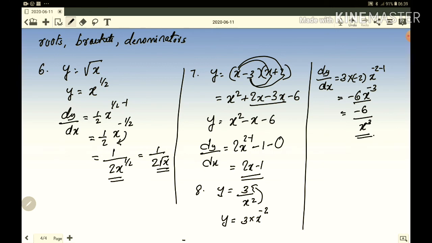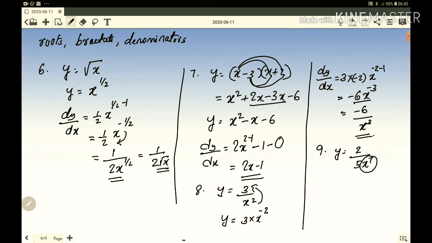Let me do one more example with a denominator. That is question number 9. Denominator is there. See, look at here. y is equal to 2 over 5x to the power 7. See, I told you that a denominator is there. You have to take it to the numerator. Only x will go. Leave all other numbers as they are. Coefficients as they are. Don't take the 5 also up. It is wrong. Only x will go up. x and the power will go up.